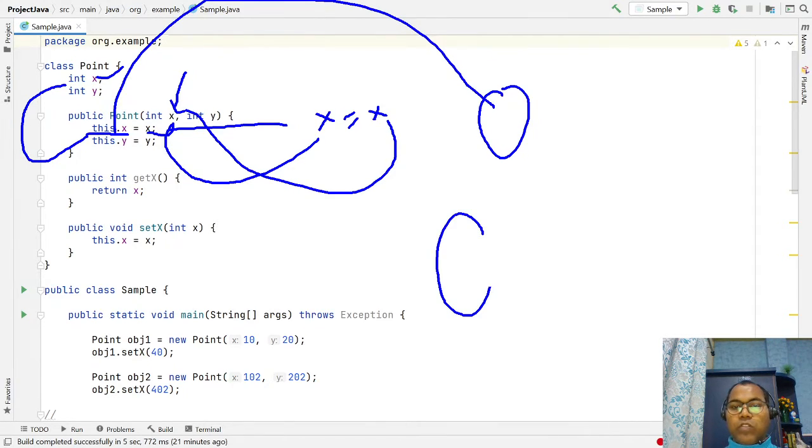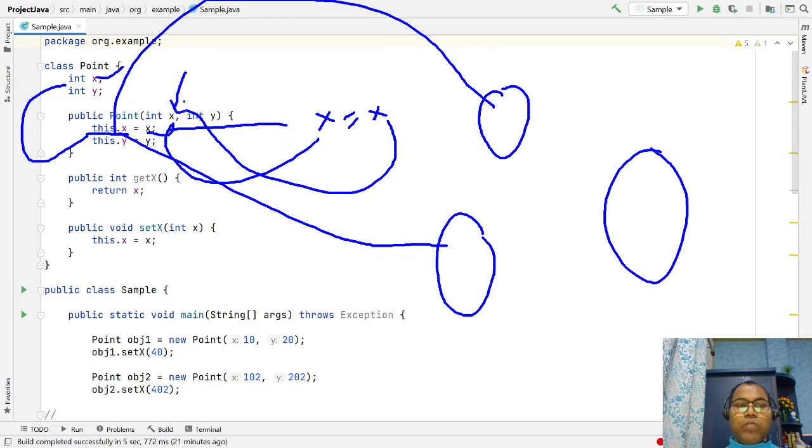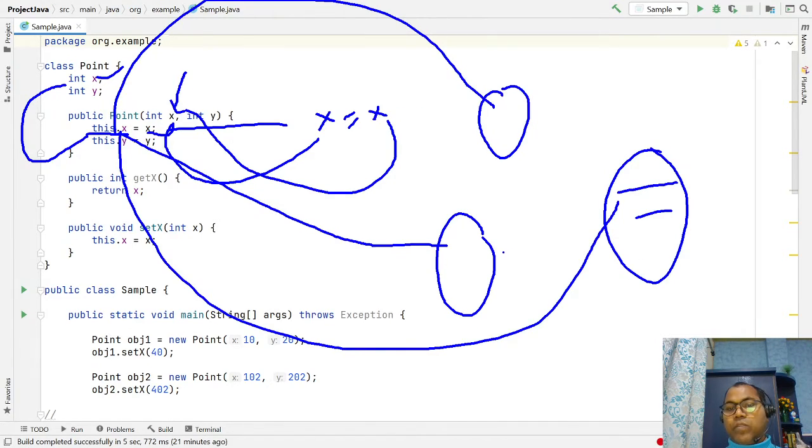If you create instance 2, the same this.x refers to that instance. If you have instance number 3, the same code refers to its x. So this is the keyword which indicates that they are referring to the current instance for which the particular constructor or method is invoked.